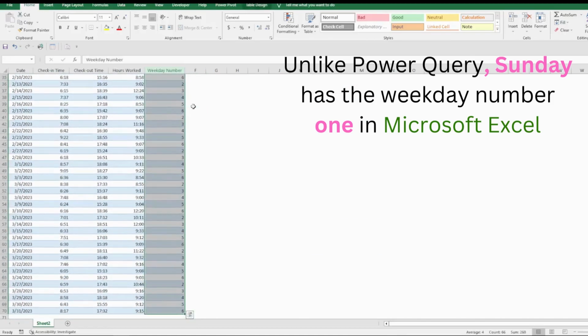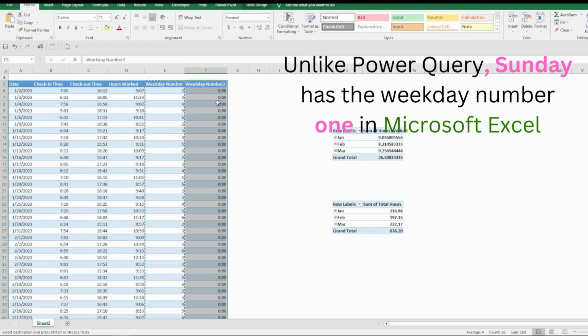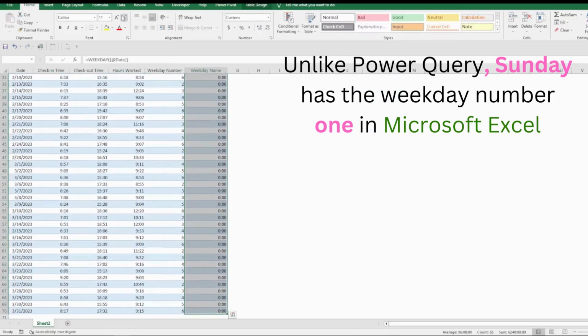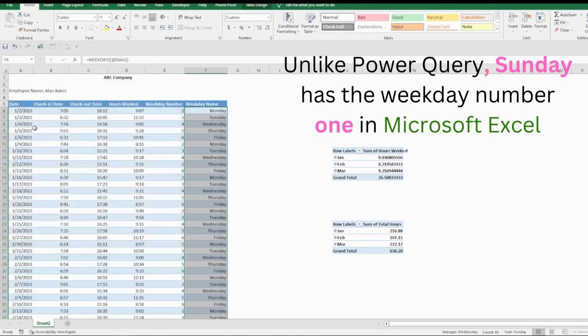So, if we copy this column and change its format to weekday name, we can see that the weekday with number 2 is Monday, with 3 is Tuesday, 4 is Wednesday, 5 Thursday, and 6 Friday.